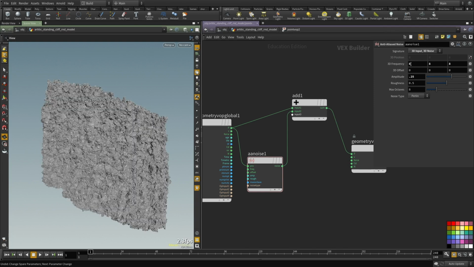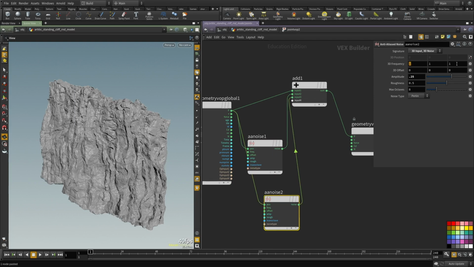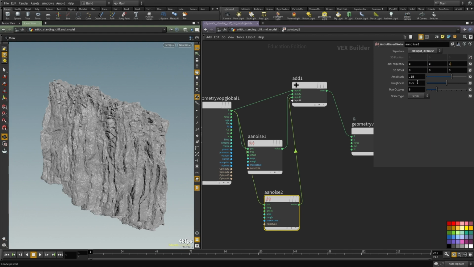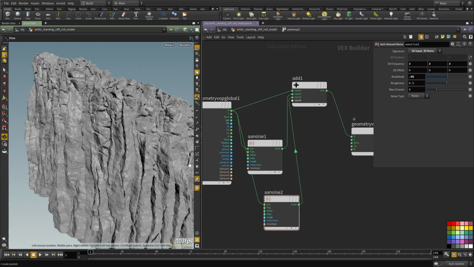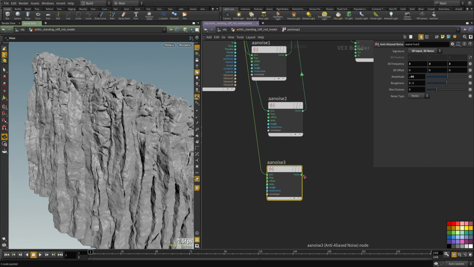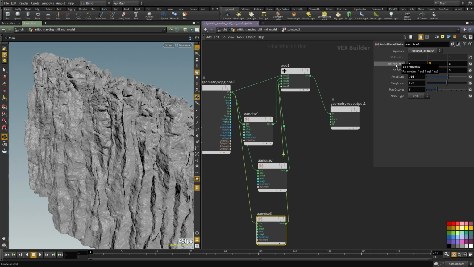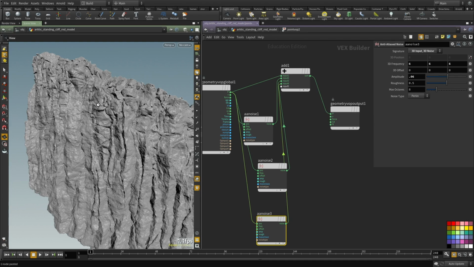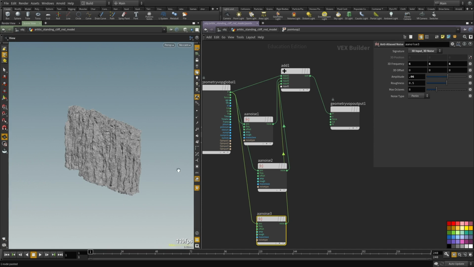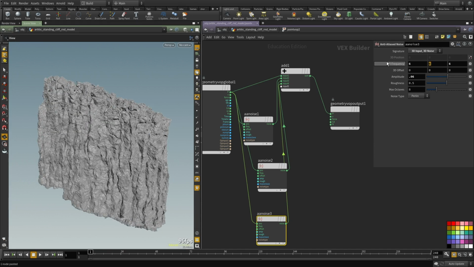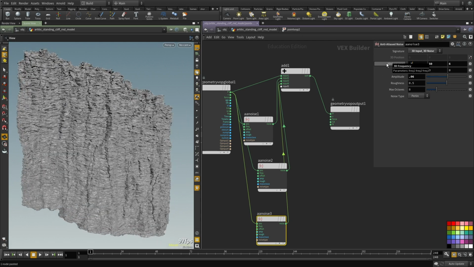Let me change this back to 1 as it was, and let me add one more of it. So we'll set it to 3, and maybe the value 0.6, something like that. And then I want to add one more. So this one, let's say 6, and 6. I want to make a fine noise, but I don't want it to be uniform. I want it to be stretching along a specific axis. So I'm going to set the Y to 60, and this is the kind of details I'm looking for. I'm going to set this to 0.2,